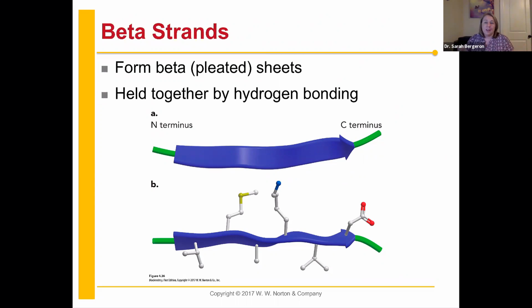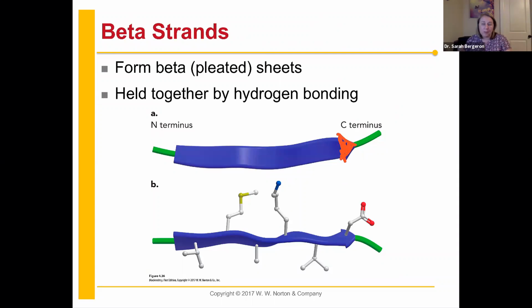And so in this case, it is also held together by hydrogen bonding, but the hydrogen bonding is not within a single strand, it's between two strands. So one beta strand is not stable. Beta sheets are stable. So when we look at this ribbon diagram, what you have to always remember is that